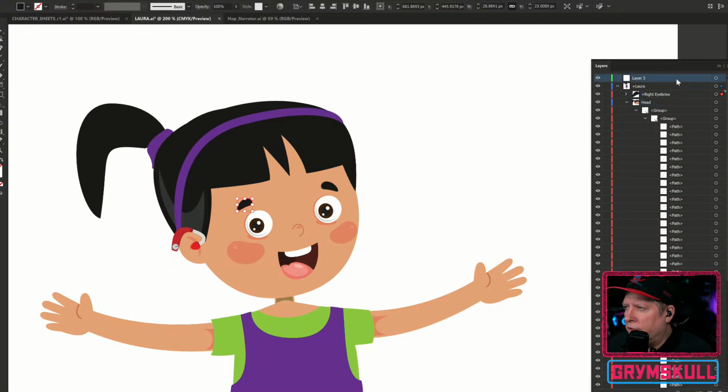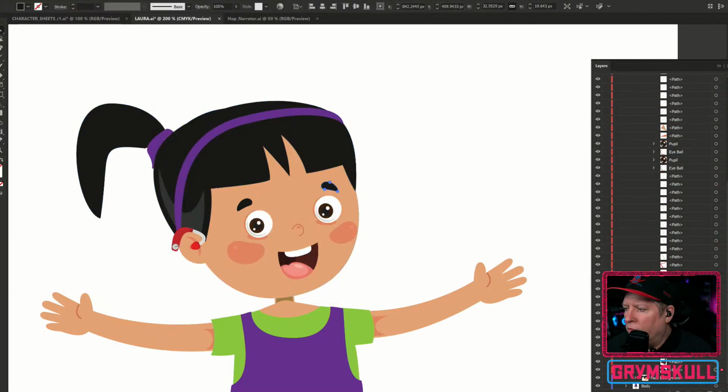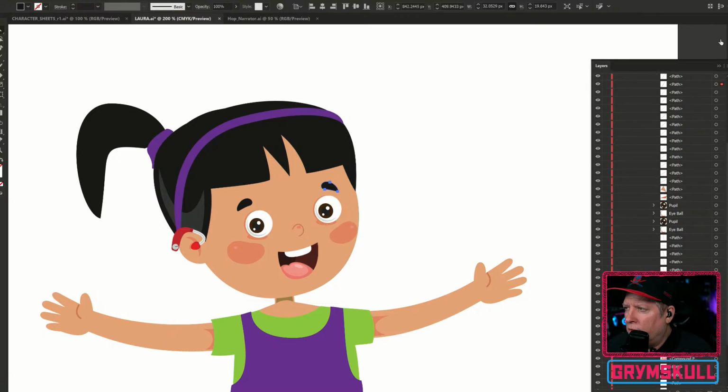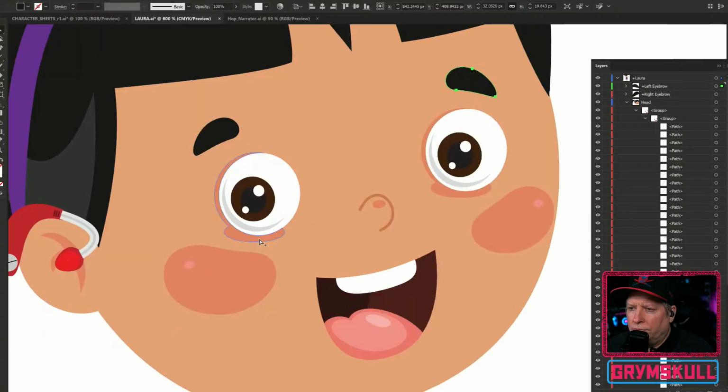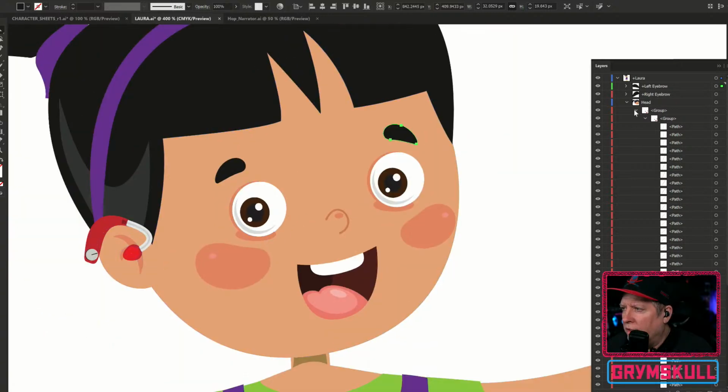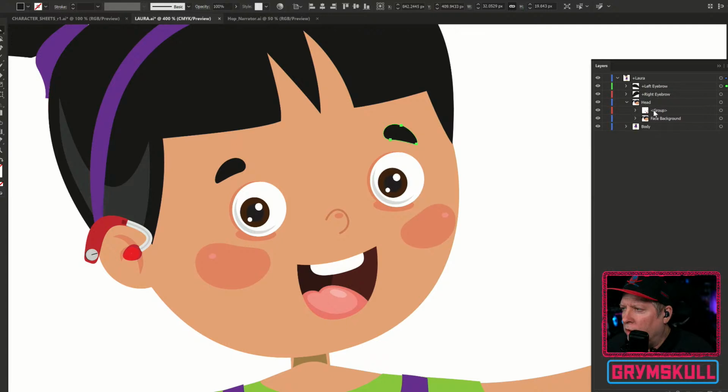This other layer we're going to say is the left eyebrow, and then we'll go find that left eyebrow, and we're going to move that to the left eyebrow. All right, now we've got left and right eyebrows done. We're going to start on the eyes. Actually, what we'll do is the mouth.